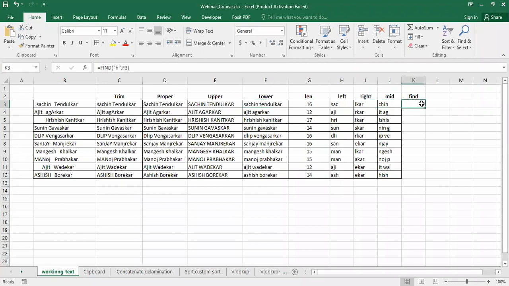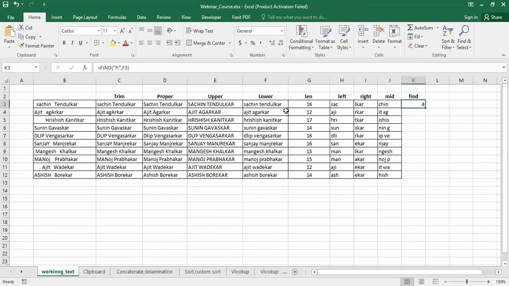Where we can make use of this find command. Sometimes we have the roll numbers, sometimes we have the exam sheet numbers, where we want to find out exactly from where the number is changing, or where we have this T or S, that kind of thing. Then we can differentiate the data, manipulate the data, copy the data that way. So for that, this find is very, very useful.